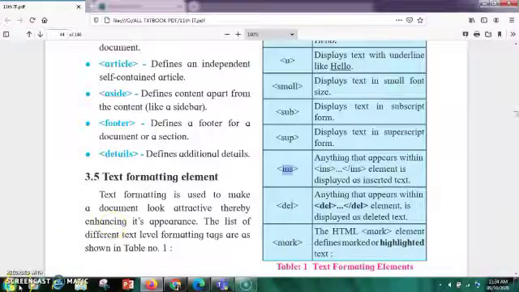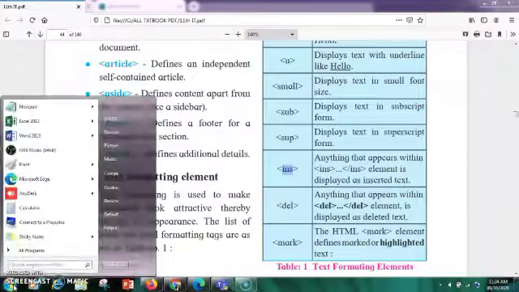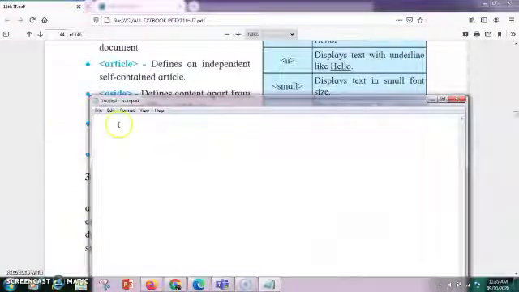So let us do the practical demo which is available in the textbook. The same program we'll be doing. So this is HTML, then the next is head. After that we have title.